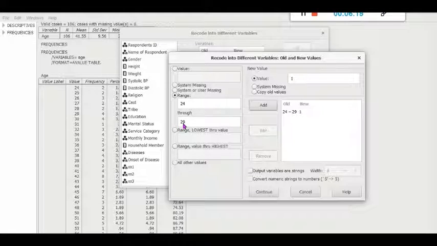Next, it ends at 29, so we can start from 30 to say 34. That is 5 year intervals I am taking. Second value is 2. Add. Then 35 to 39. Suppose this is 3. 40 to 44. This is 4. 45 to 49. 5.